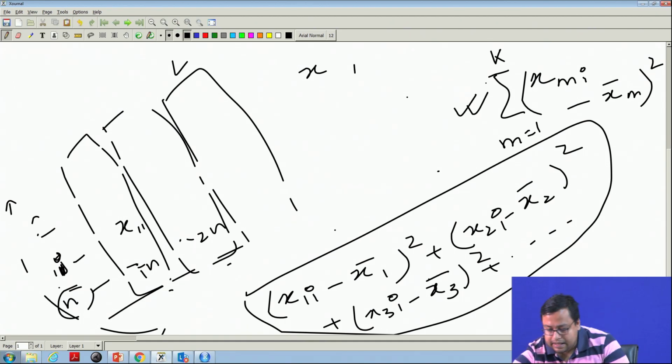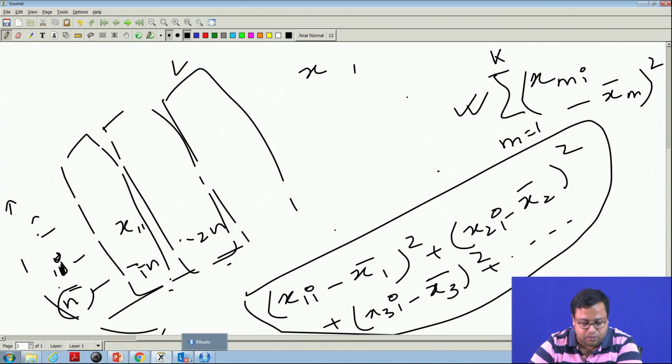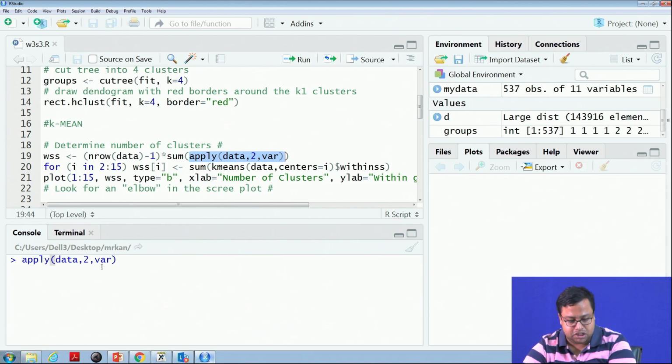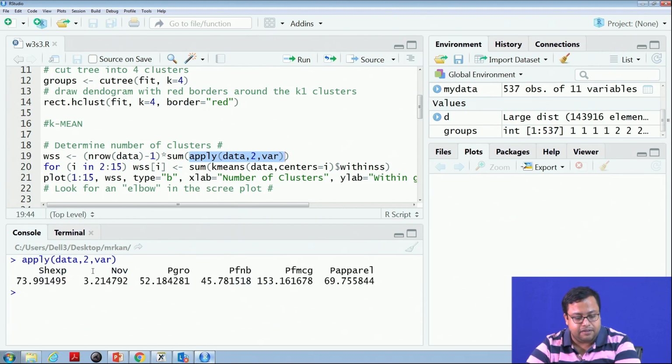And that is why what I am doing in this code is writing apply data to VAR. What does this do? If I just run this much, it will actually give the variance of each of the columns, one at a time. Each of the columns, the whole data set's variance.